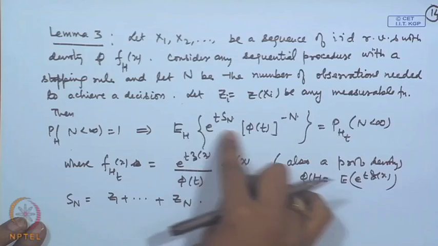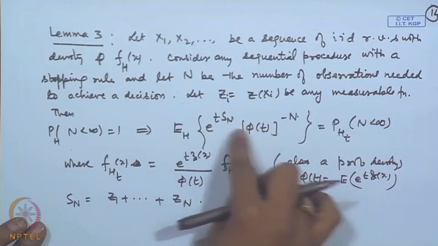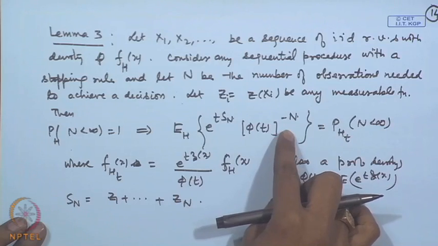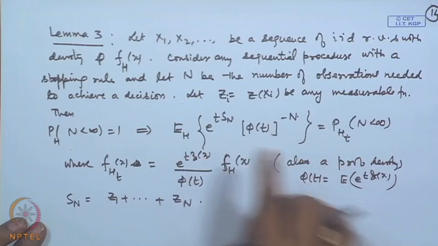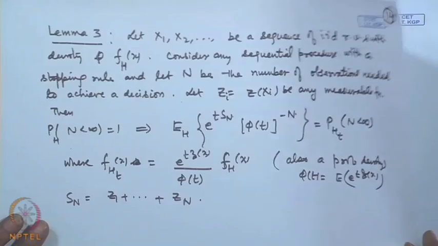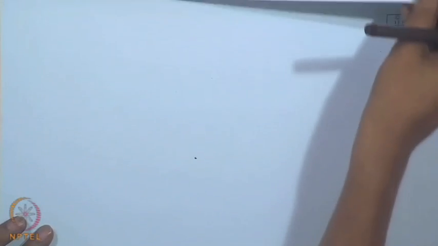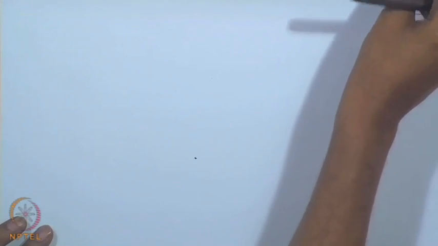So, this proof is not too much different. We consider this expression, write it in terms of the integral, and then we can see that it is actually equal to this probability. I am not getting into the proof, but using this we can have the following result, which is known as the